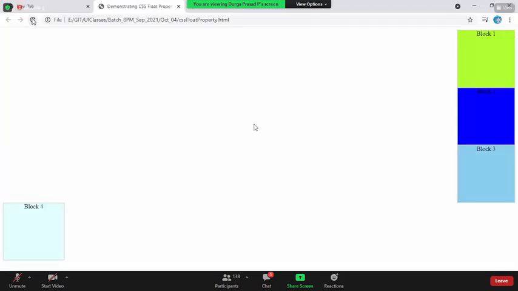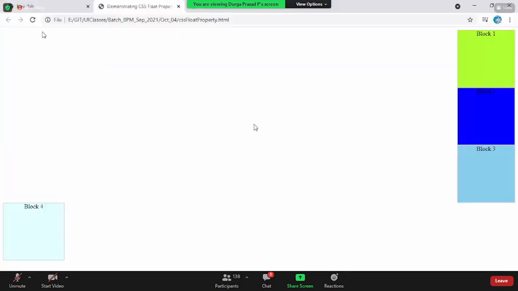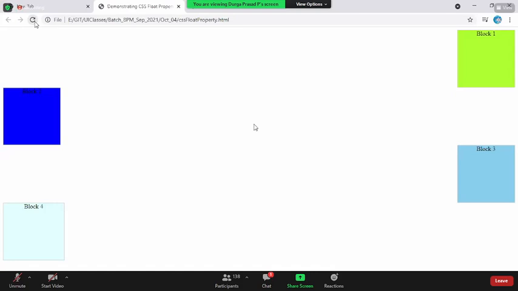This is how you can get all the elements to the right side direction or to the left side. I want block 2 on the left side. Then what will I say? I will simply remove the float property. That's it. Because by default, anyway, it will fall under the left side direction. Now, if you come back, the blue guy is coming. But if you ask me a question, can I remove the clear property for the block 2 guy?